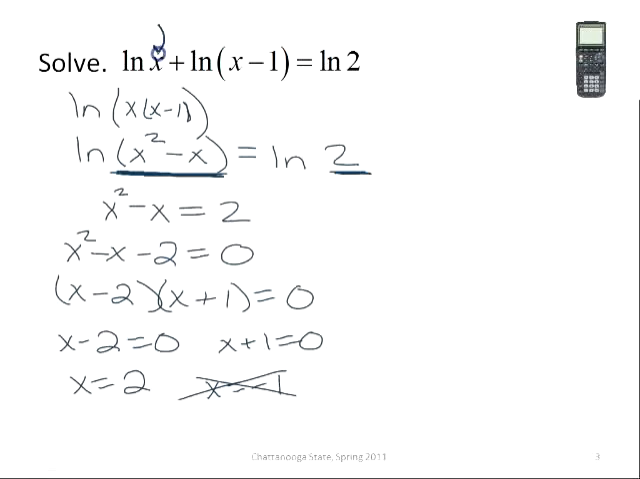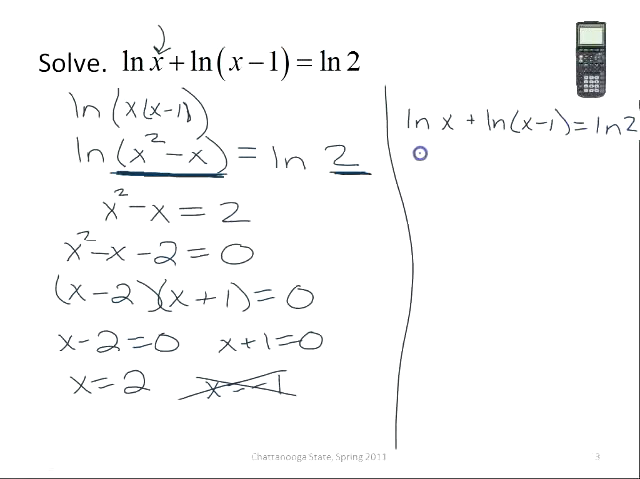Now, right off the bat, I know that this -1 I'm going to have to throw out, because when I go to plug this in right here, the natural log of -1 would be undefined. Now, the other answer, that positive 2,